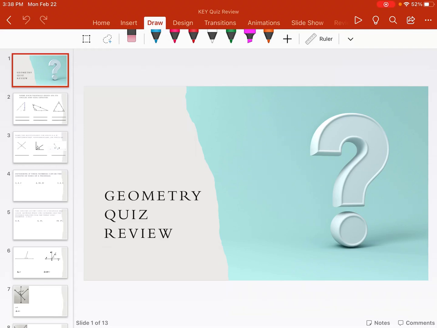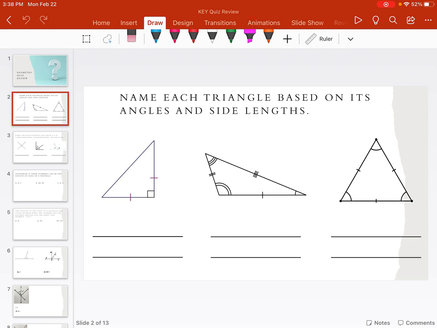All right, guys, let's go through the geometry quiz review. So on slide 2, name each triangle based on its angles and its side lengths. Okay, so remember the angles would be acute, right, and obtuse, and our side lengths would be isosceles, scalene, and equilateral. So for this first triangle, it has a right angle, so this is a right triangle based on its